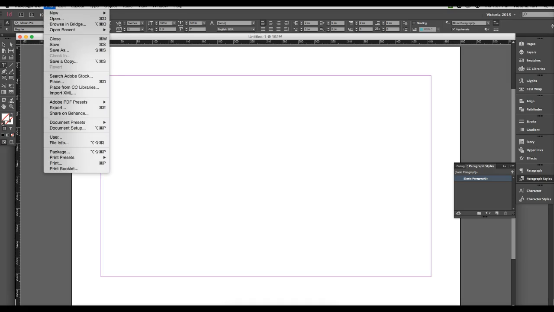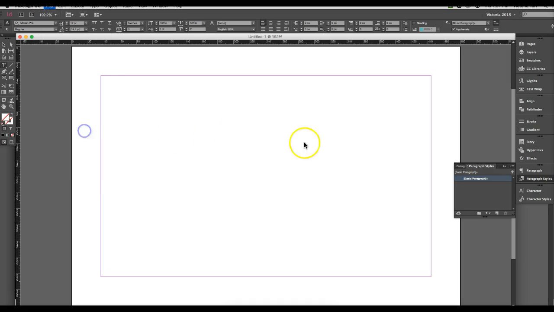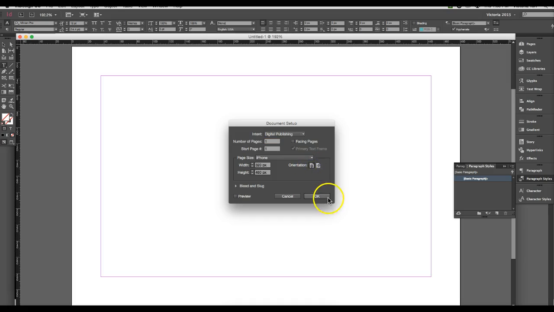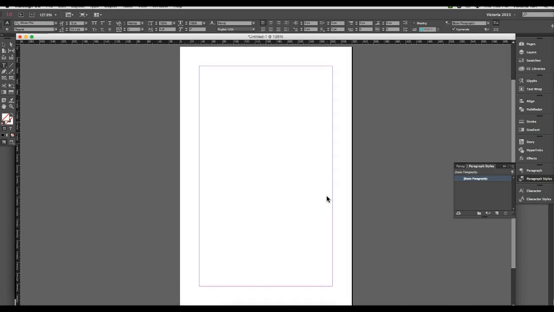I want to make it tall because it's a giraffe game. So I can go to Document Setup and change it to be tall, not wide. There we go. And so this is the size of the screen display for an iPhone, okay? I didn't need to look up any measurements. Now,